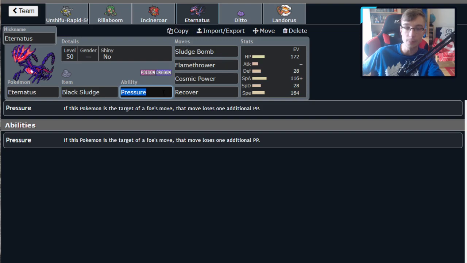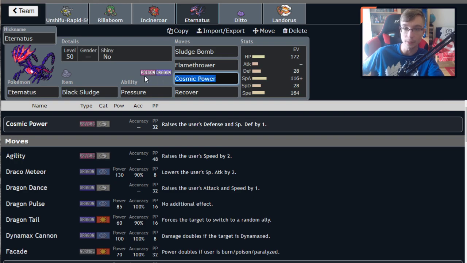Basically, in combo with that, you get 12% of the health back every single turn, as long as there is grassy terrain on the field, and that's great. That combos greatly with Cosmic Power and Recover. Basically, the idea of this Eternatus is to just wall out everything in late game with Cosmic Power plus Recover,